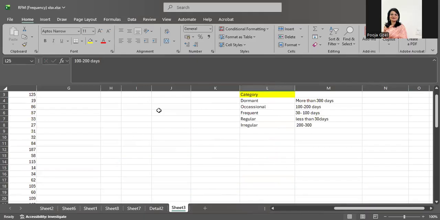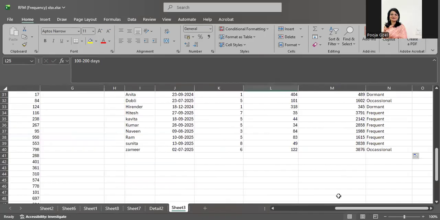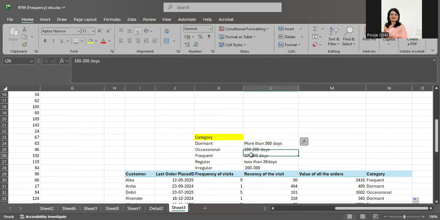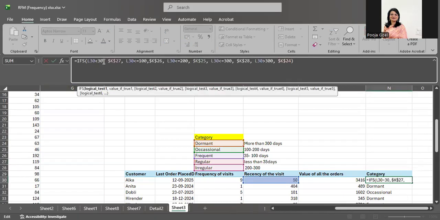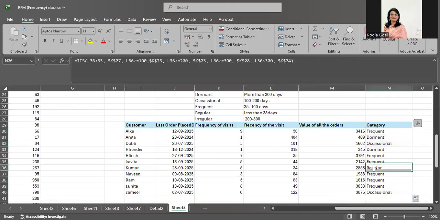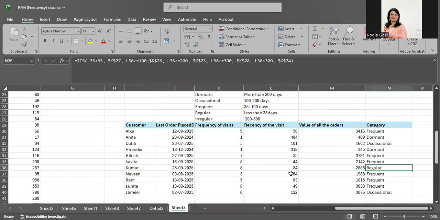You can tweak the number, you can change the number from there, and then you can find it in your own ways. I can also do it right now, but in that case I have to make a little change. Let's say I change it to 35. In this case, in the formula also I need to change it to 35, and that's it. In case I do that, you will see that a regular customer will be there. So a person who has visited 34 days ago is a regular one. So you can color code that.